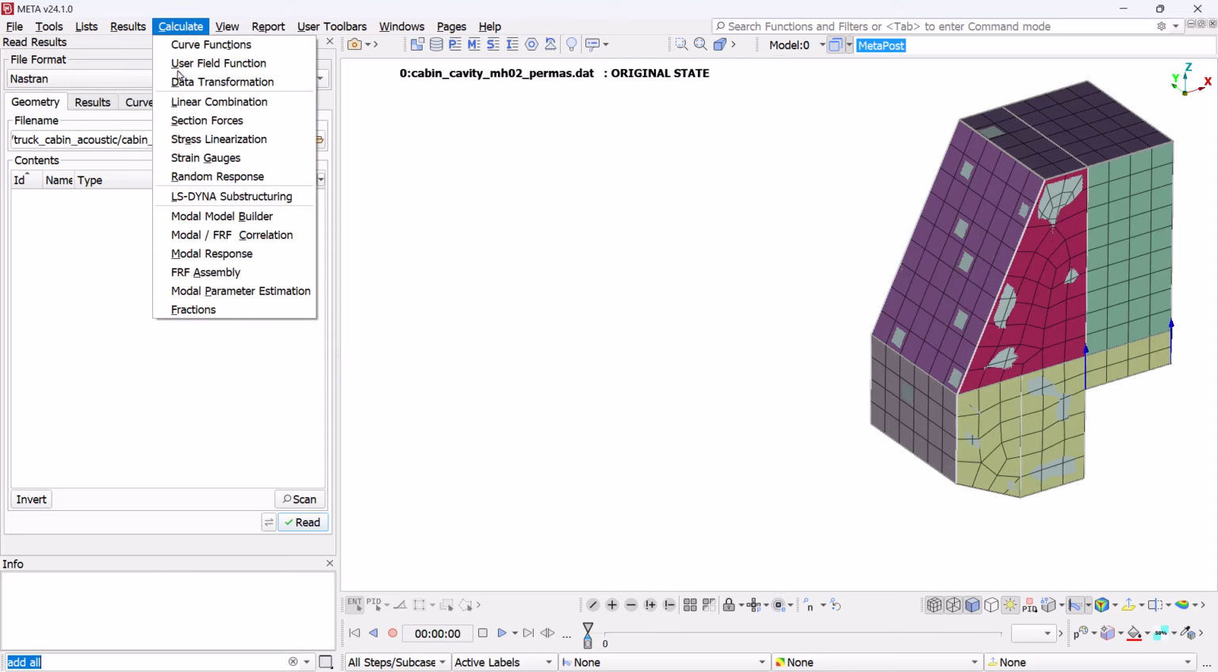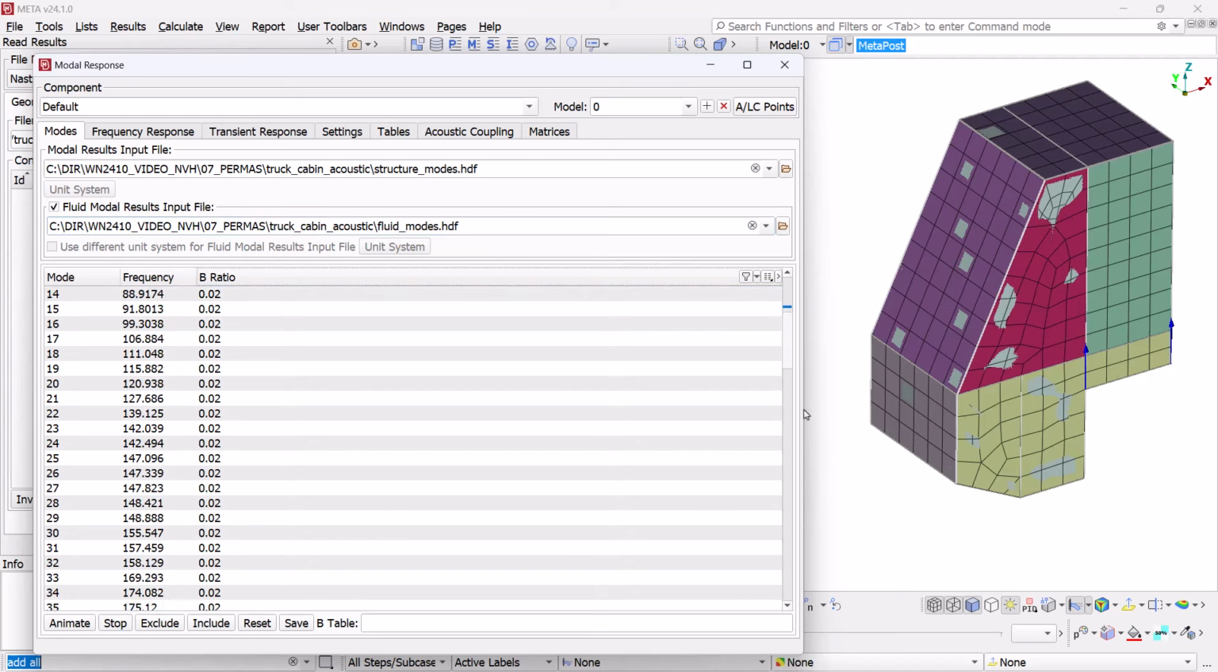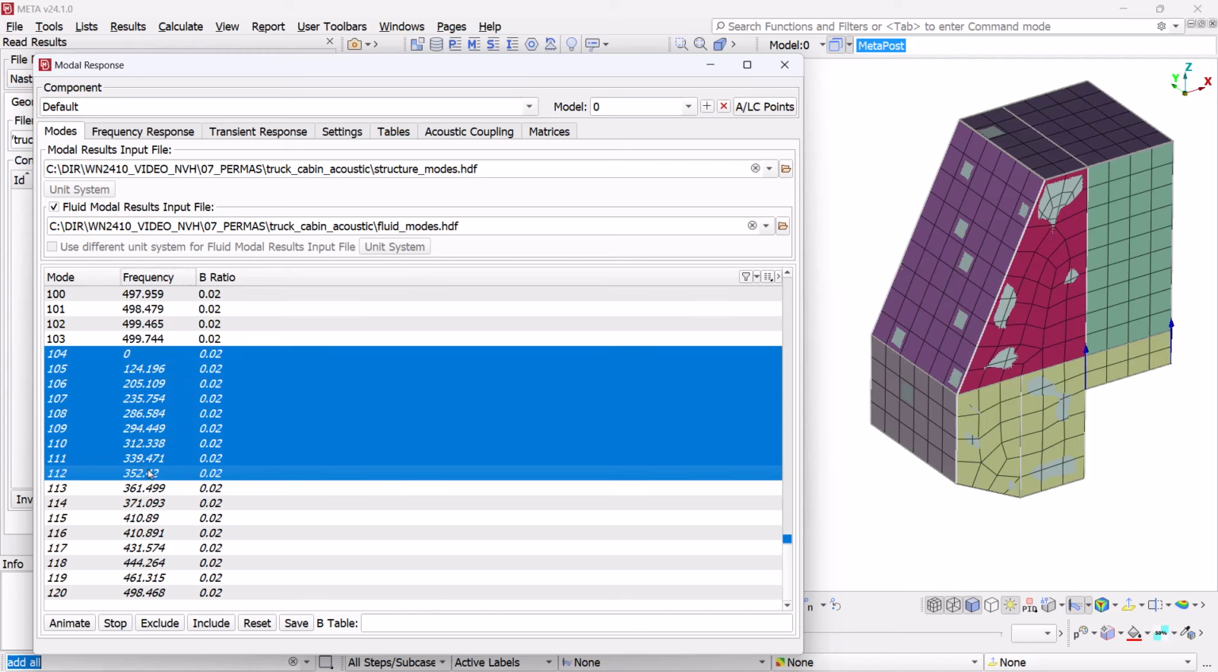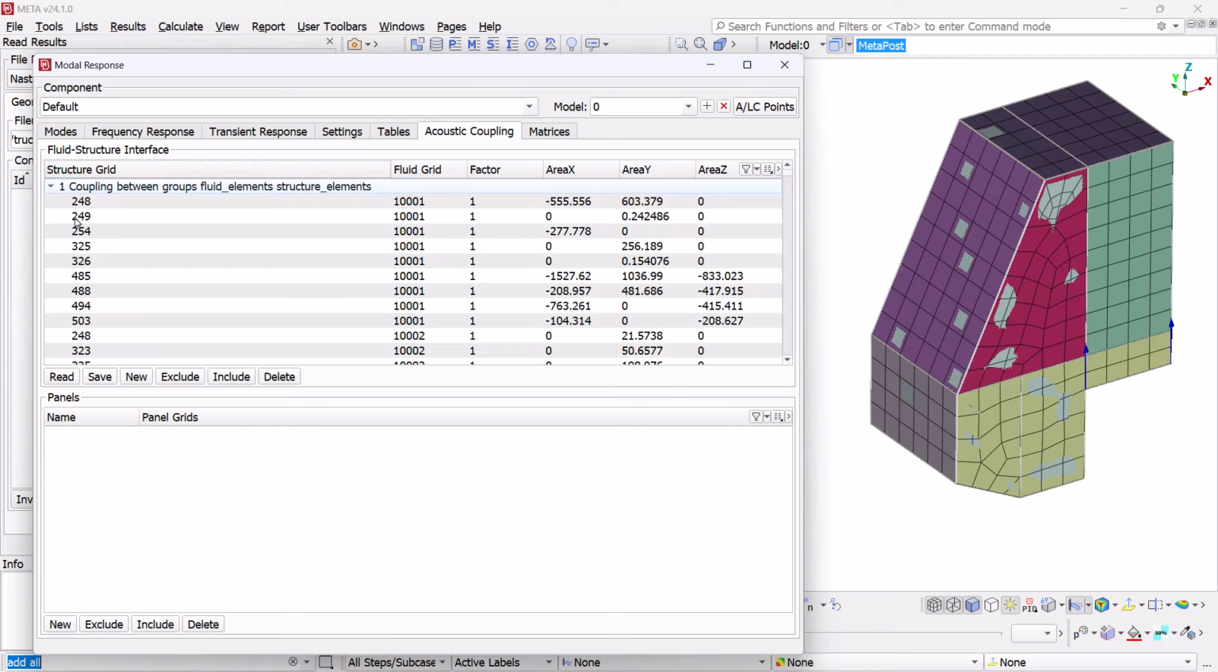Navigate to the Calculate menu and select Modal Response to open it. The modal results input files for both the structure and the fluid have been loaded. The list below displays them in frequency order, with the fluid modes at the end written in italic fonts. Switch to the Acoustic Coupling tab, where the coupling between the grids of the structure and the fluid has been